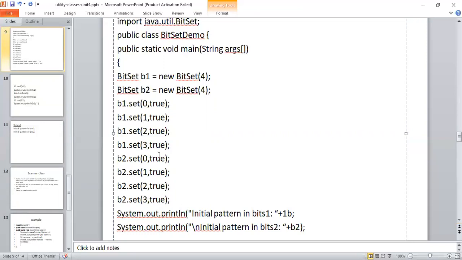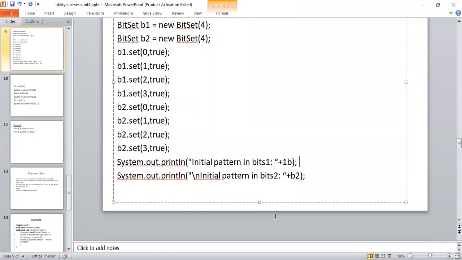So these are the 4 values I inserted into b2, and these are the 4 values I inserted into b1. Now I'm trying to display the values of b1. According to this statement, I'll get the output 0, 1, 2, 3. And according to this statement, I'll get the bits of b2, also 0, 1, 2, 3. So this is the output of b1 and b2.